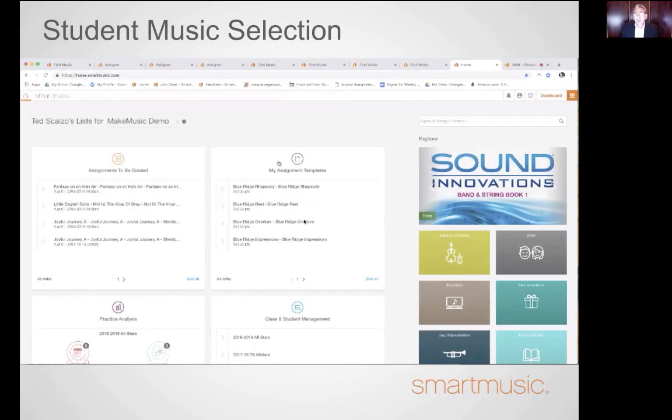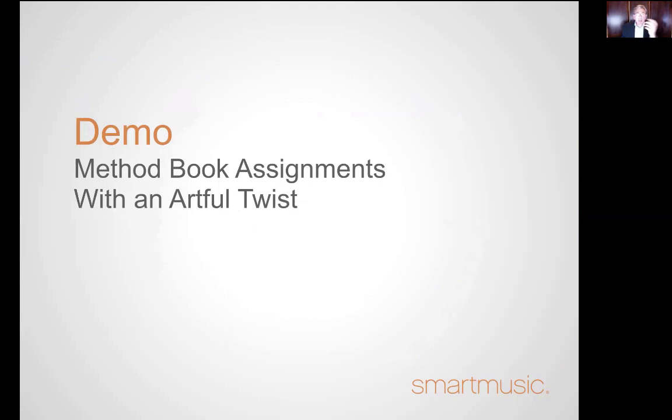So that was a quick demo of how that could work. And that's just one of many. I'm sure that there are many of you out there that have ideas similar and possibly even better than what I came up with there. So what I'm going to say at this moment is, at the end of our presentation today, you will see my email address. And if you do have any other ideas or questions, feel free to shoot me an email, and let's continue the discussion of today's webinar.